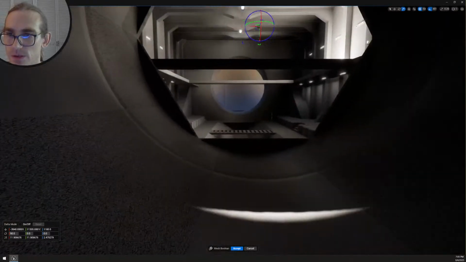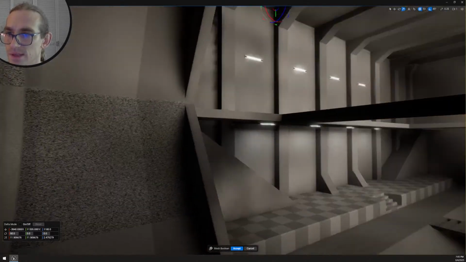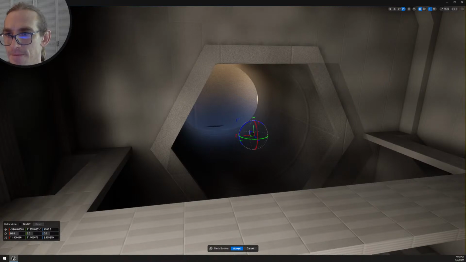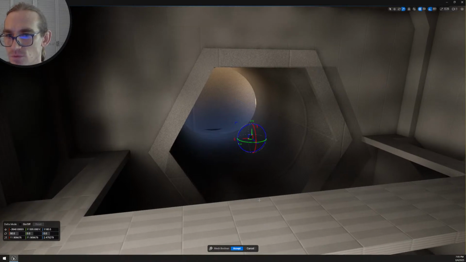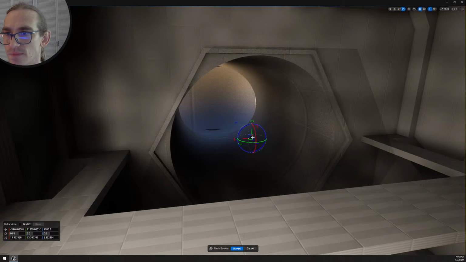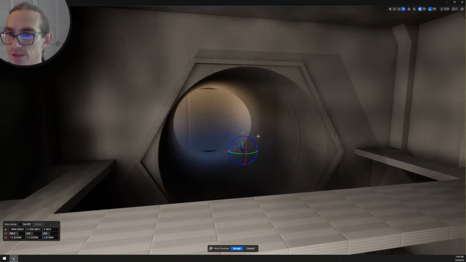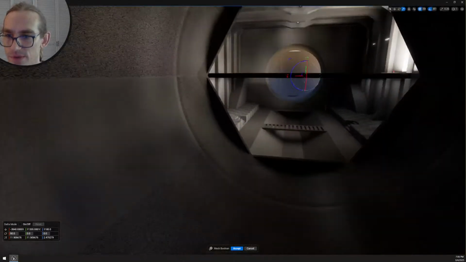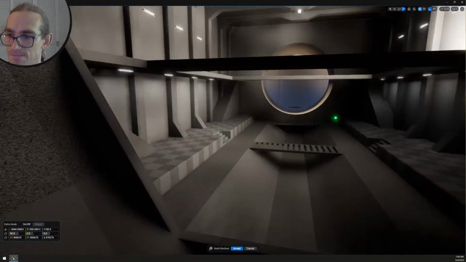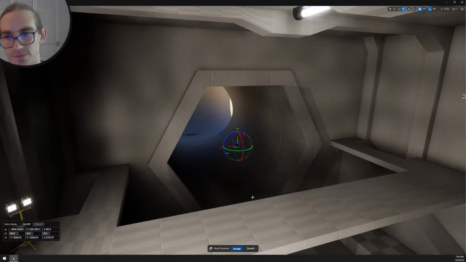Because if we walk here, it doesn't really make sense for the water to drop like that. We probably do need to keep the, it makes it look strange. I do like this shape from here, but from this angle, here's where we need to, well, say,